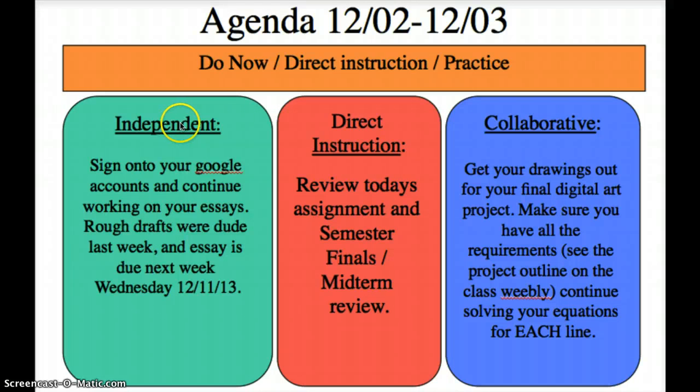Okay, last but not least, silence your Google if you're working independently. Finish your essays. Can't stress that enough. A lot of you guys are slacking on your essays. Be careful. Collaborative, finish your equations and